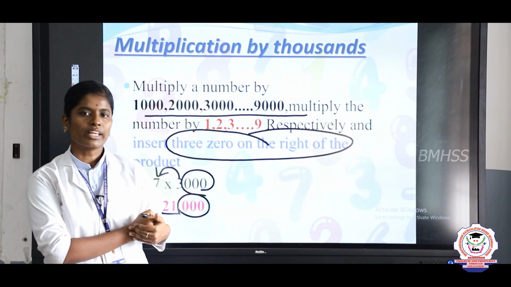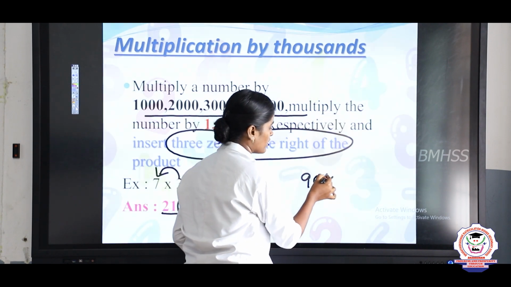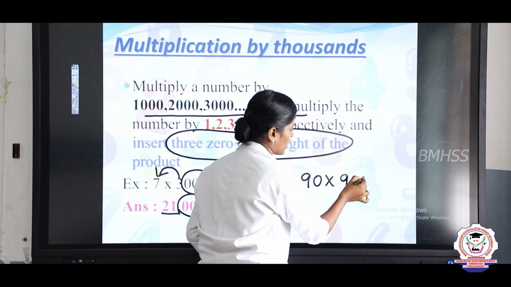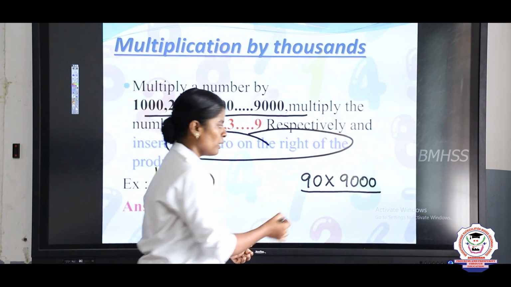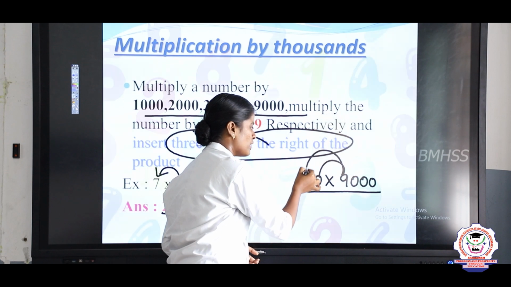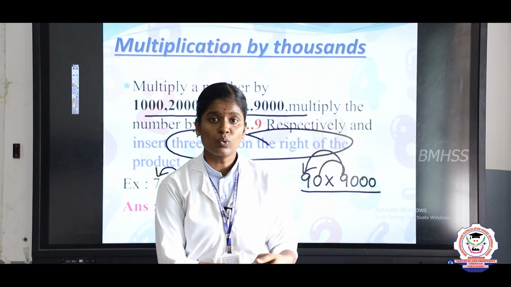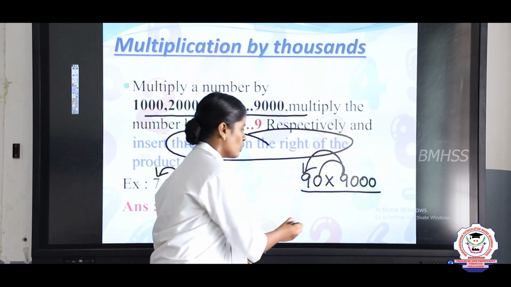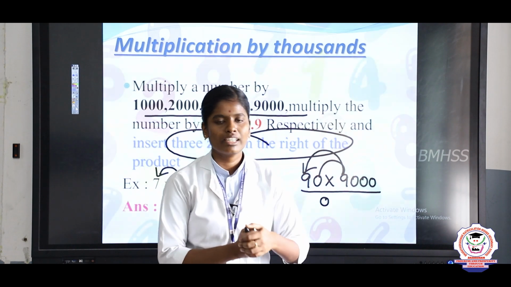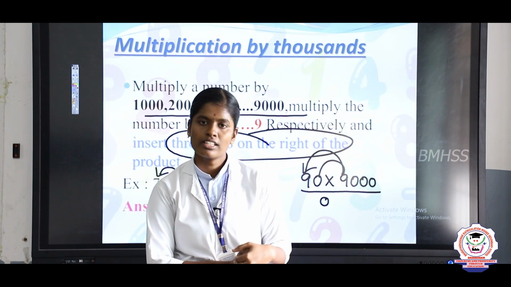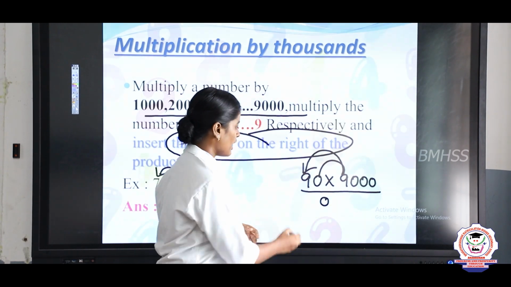Next, we will see one more example. I will take 90 multiplied by 9,000. First, you are going to take 9 and multiply by 0, and 9 multiply by 1. So, what is the answer? 9 zeros are 0. The next one is 9 9s are 81. That is 9 times 9. So, the answer is 81. Hope everyone knows the 9 table, right. So, 9 9s are 81.